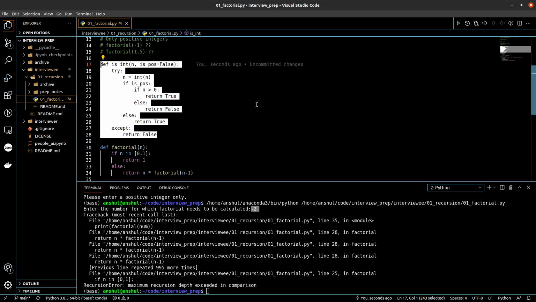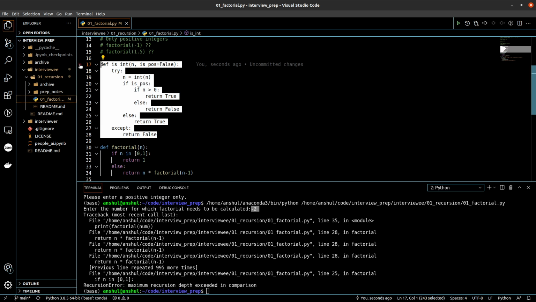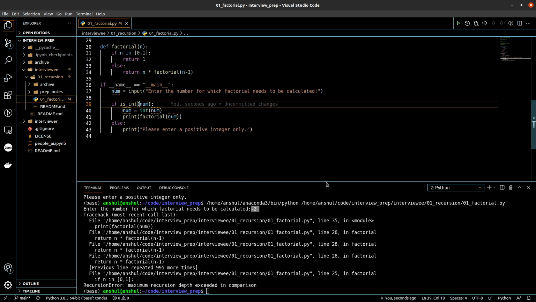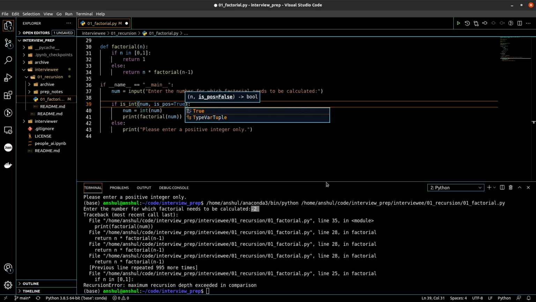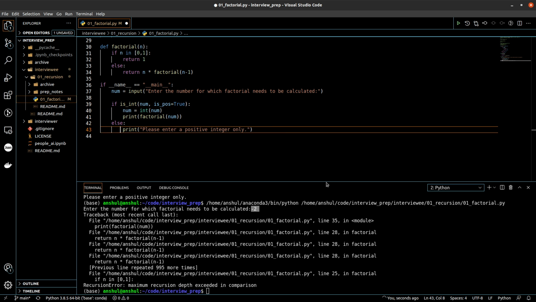Sometimes this kind of scenario also gets asked, that can you create a function which has this flexibility to check additional conditions and avoid checking the additional conditions if not needed. So that's why I wanted to demonstrate it using this function. So now we have this isInt function modified. Let's pass the flag is positive as true. So we want to check that the number that has been input should be a positive integer, and if it returns a false value, we will move to the else condition and print the same message which says please enter a positive integer.